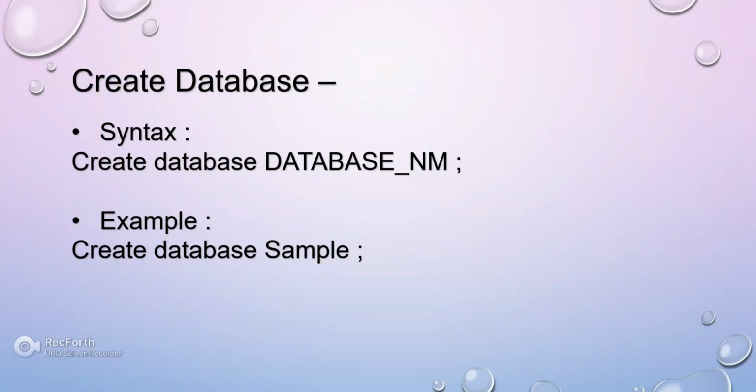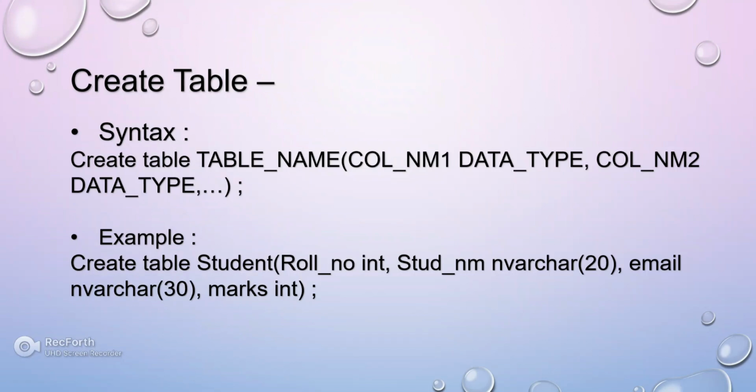Then to create the table, syntax is create table, then table name, and then in circular braces column name with their data type, then next column name, data type, and so on. Semicolon is not compulsory. If you give semicolon, then also it executes the query, and if you don't write semicolon, then also it executes the query. Then example, see here create table, then